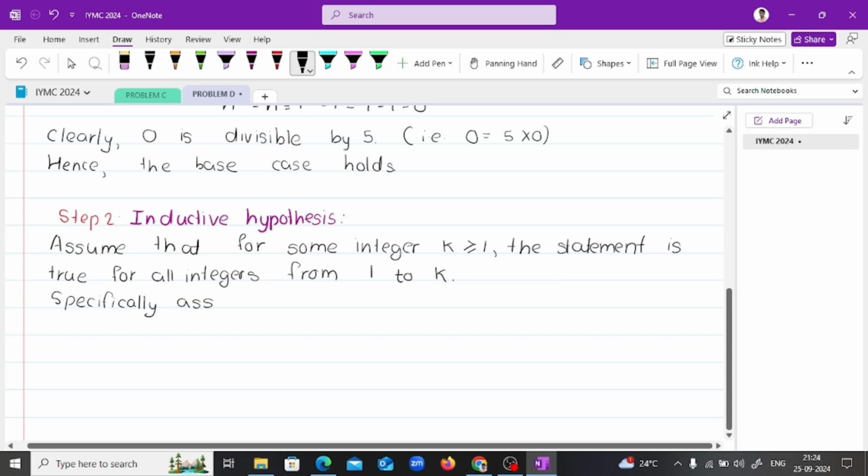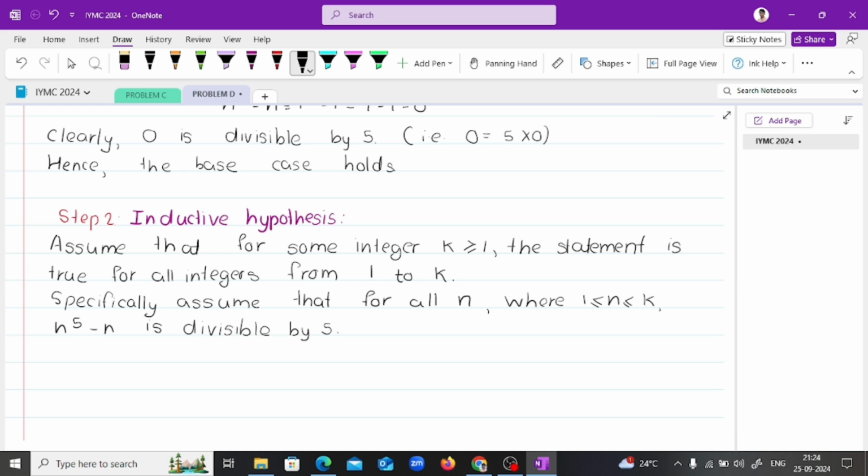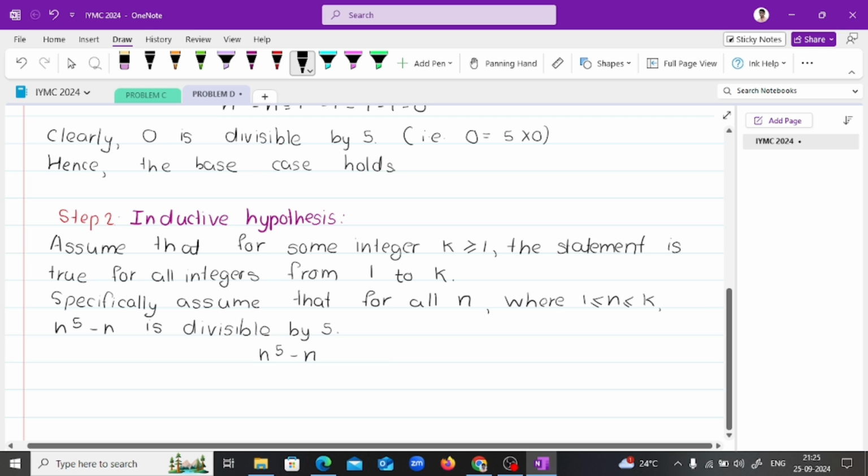Specifically, assume that for all n where n is greater than or equal to 1 and less than or equal to k, n raised to 5 minus n is divisible by 5. It means it is true for all values from 1 to k, including 1 and k. Okay, so for our convenience we assume that n raised to 5 minus n is divisible for n equal to